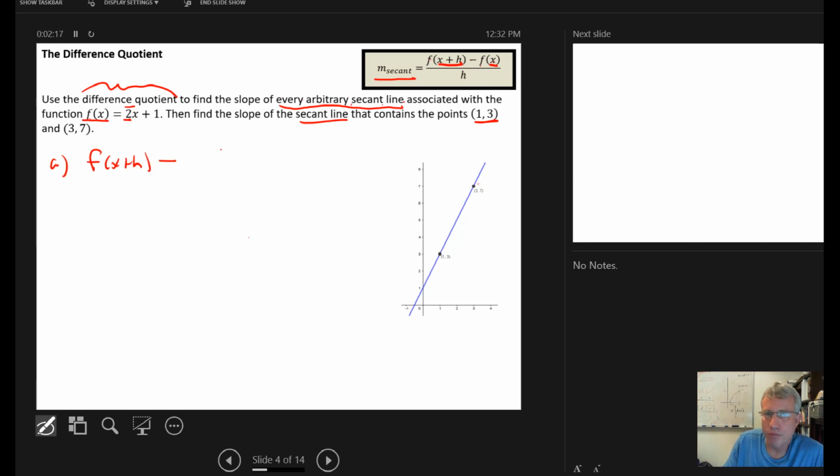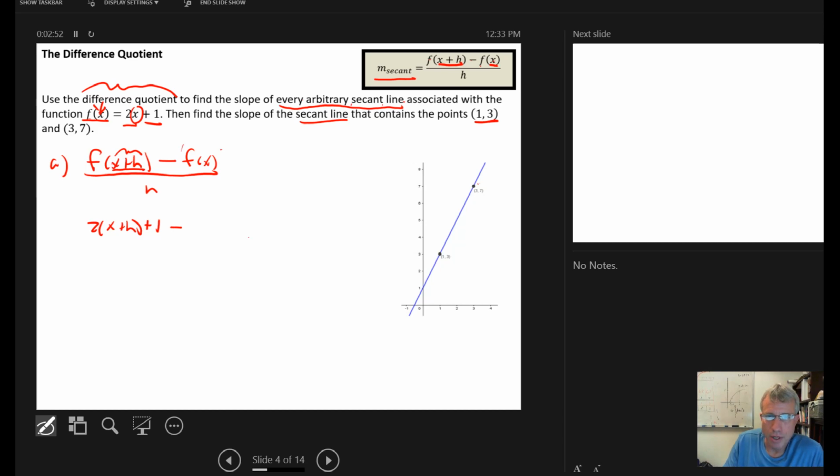Minus, then evaluate the function at x. And then divide everything by h. And so what this is telling us to do is to look up at the function, and everywhere we see an x, replace the x with x plus h. So step 2 is f of x plus h is going to equal 2 times x plus 1, but we're replacing the x with x plus h,